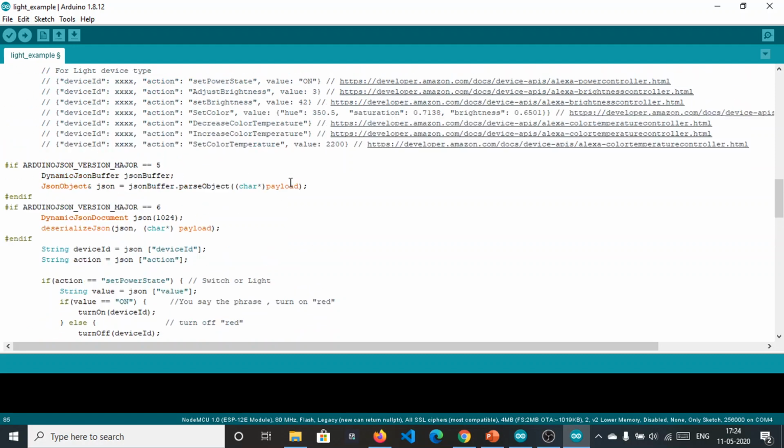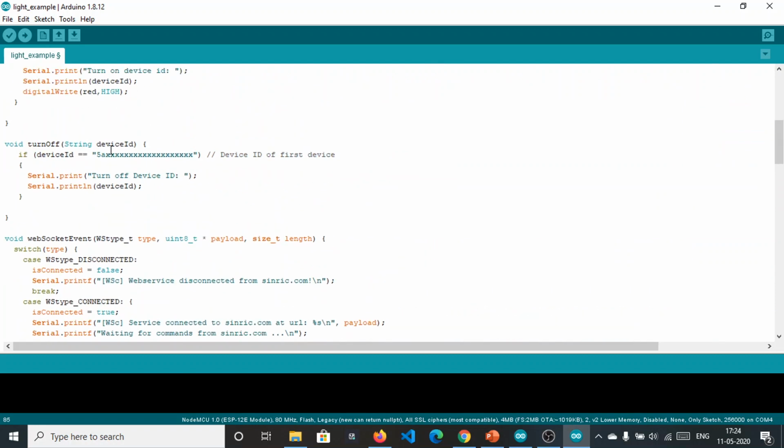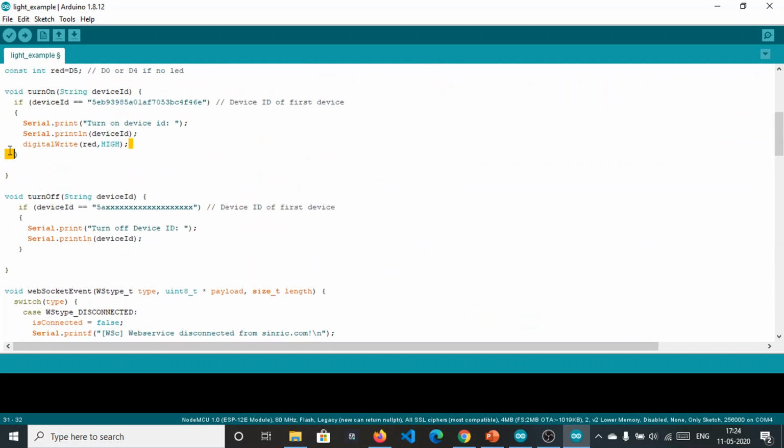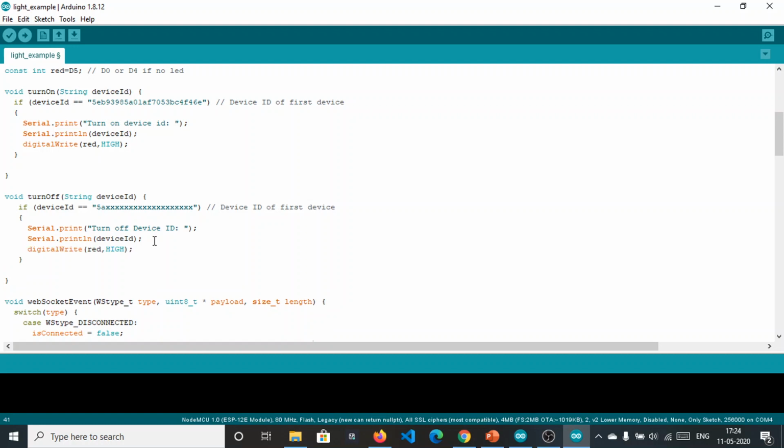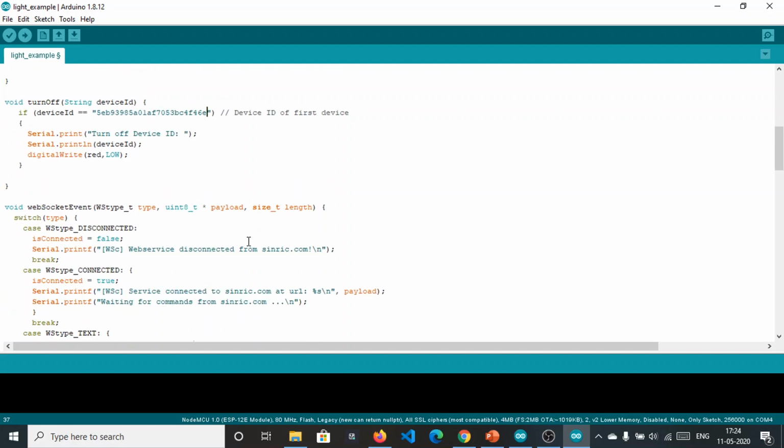So we will digitalWrite LOW, we will set that pin low so that it turns off our LED directly. Here we are not controlling the brightness, we are directly making it low. And this is the ID, you need to copy it and paste it in the turn off function as well.